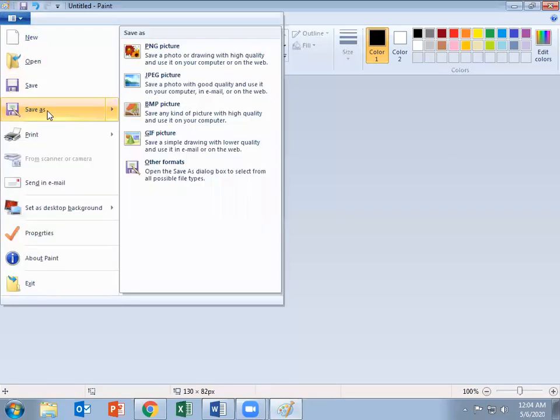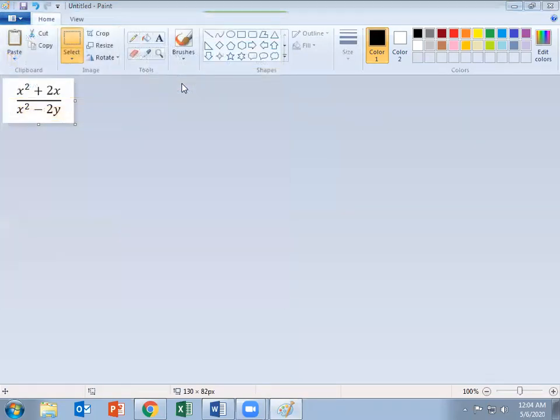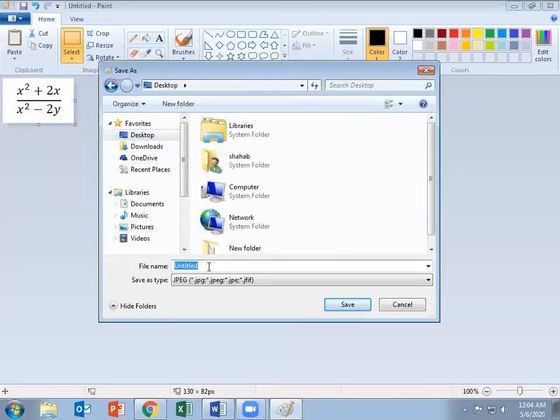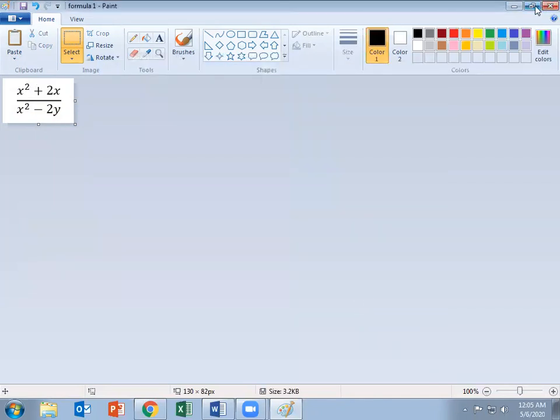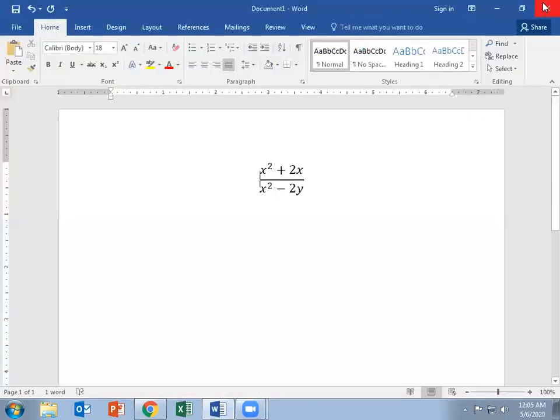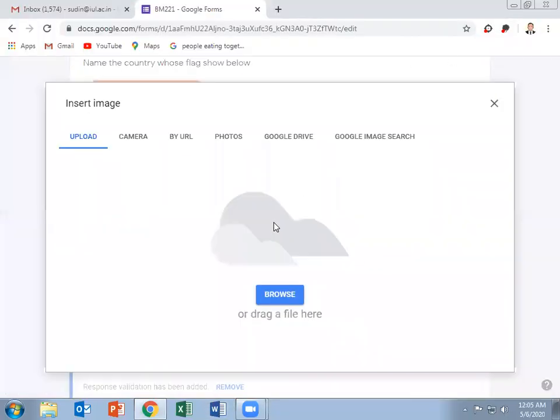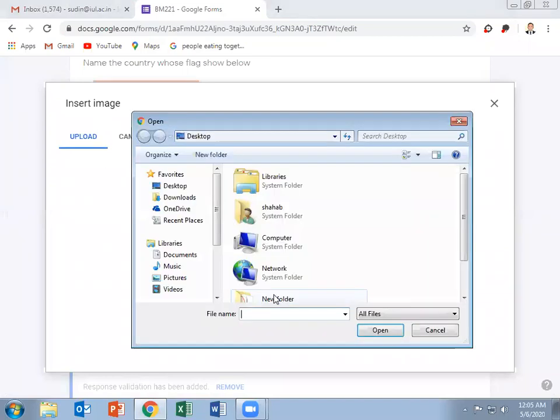Now you can save the image in JPEG format. On the desktop, I'll name it my formula 1, right? Close this window. I don't want to save it. Again, we may insert our formula by uploading the image.